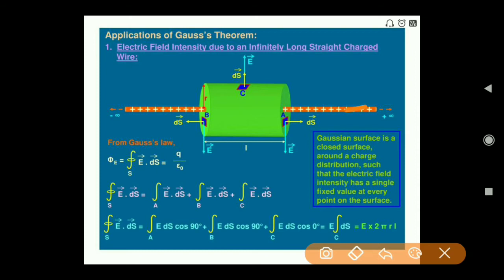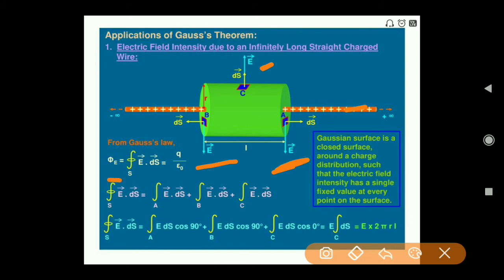So if you see from this one to this one, this is the direction of the outward, and similarly this is the direction of the outward, and this is the direction of the outward direction from this conductor. So this is the direction of the electric field. Now apply the basic definition of the electric flux.